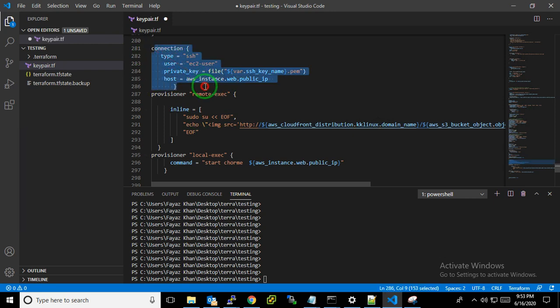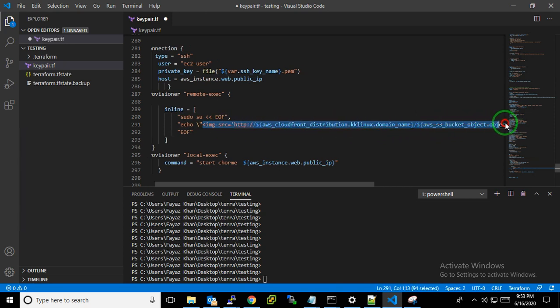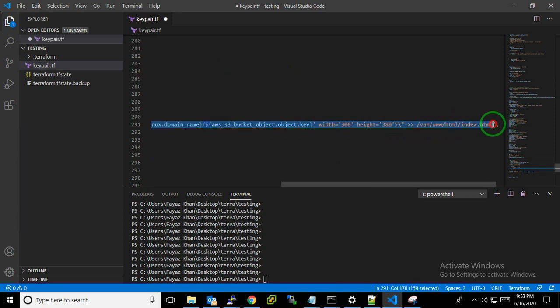Simple. Just come to my EC2 instance with the help of SSH. Then I go with the remote command, which is sudo su. I just switch my user and then echo. Then I paste this content into my HTML, you can see /var/www/html. Here is the pipeline or redirection sign.